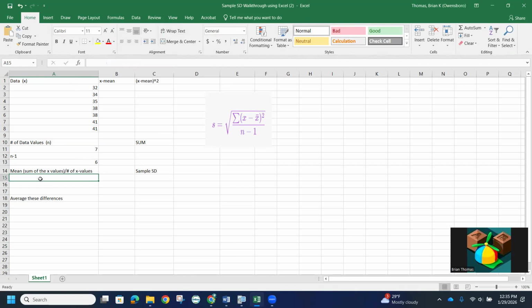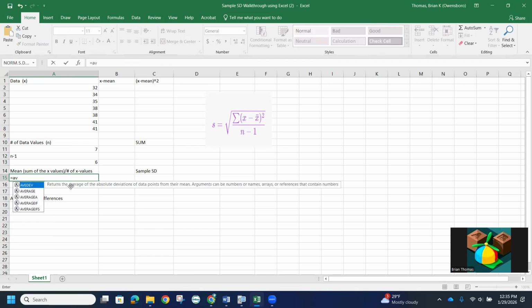The next thing I want to do is find the mean, the sum of the x values divided by the number of x values. So to find the mean, we can hit equals. And remember, that's the average. If I type in AV, here's AVERAGE. And remember, we just want to find the mean of our data, so that's going to be A2 colon